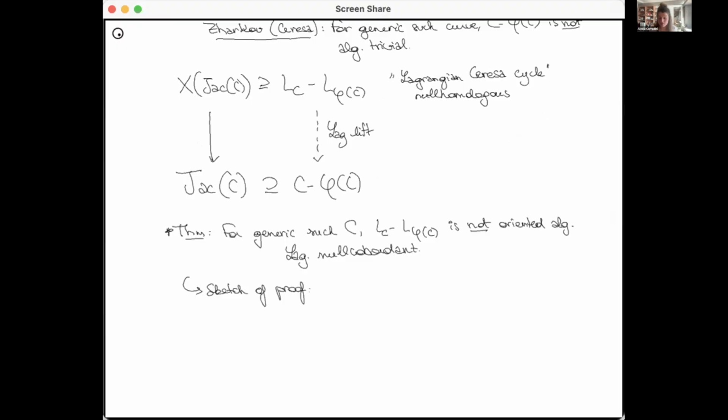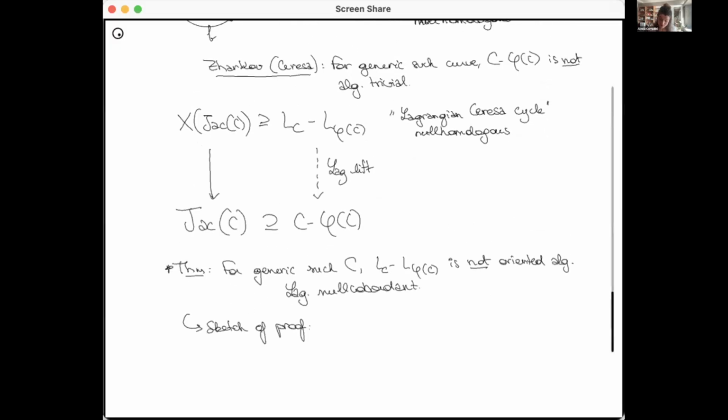The proof is inspired by Zharkov's proof in the tropical case. The way that Zharkov proves that C and 5C are not algebraically equivalent is by showing that if they were algebraically equivalent, and you took a 2-chain bounding these two 1-cycles, then the integrals of differential forms on this 2-chain would have to be constrained. They would have to live in some discrete lattice. Then he explicitly constructs a 2-chain, explicitly computes an integral, and shows that generically that integral is not going to be in the lattice, and therefore they can't be